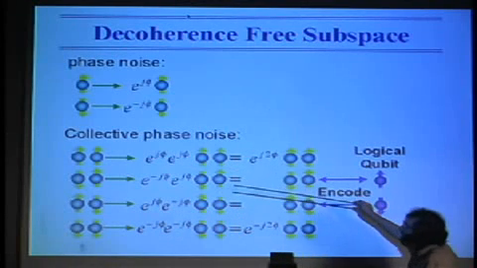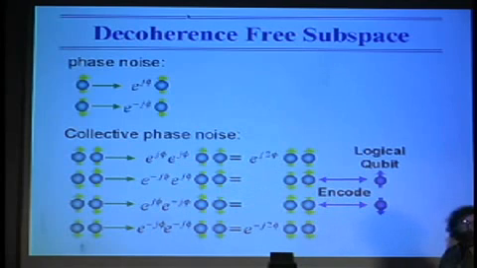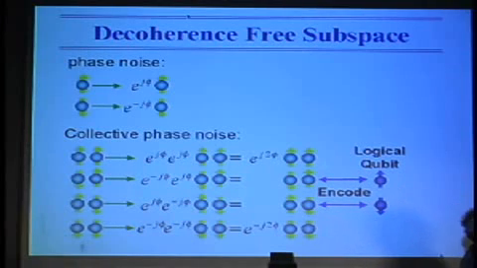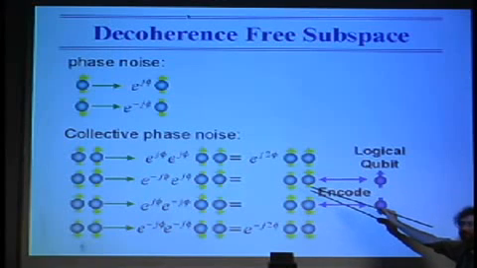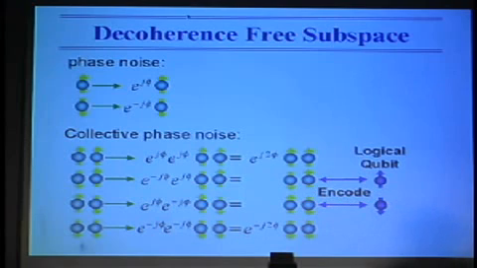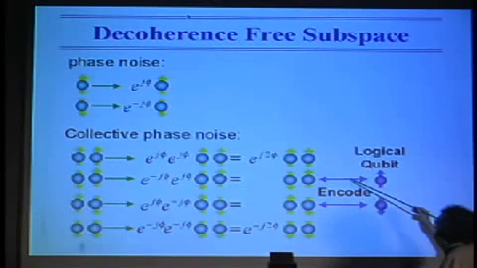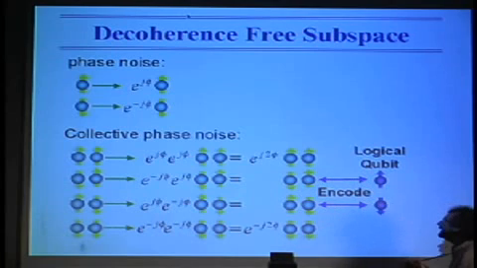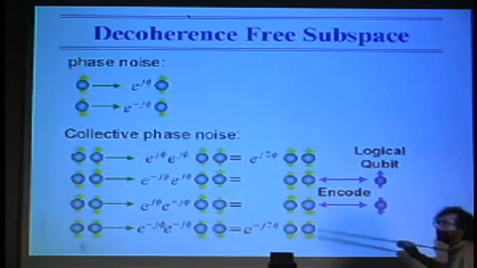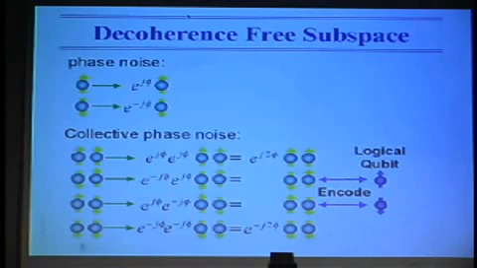And if we look at the two-spin case and we restrict our phase noise to being in the far field, then the spin breaks into two subspaces. It has a double quantum subspace that rotates at twice the normal angular velocity. And it has a zero quantum subspace. And the zero quantum subspace is preserved from evolution due to this far field noise. And so in this case, we can encode our information into the zero quantum subspace, manipulate the information at all times in the zero quantum subspace, and be independent of any noise sources that we would see.